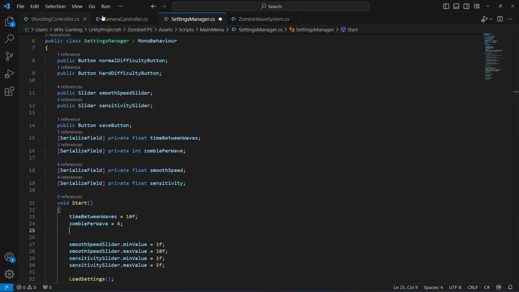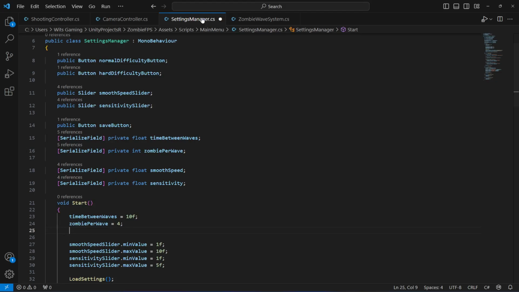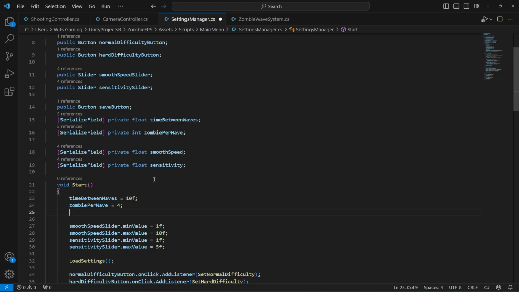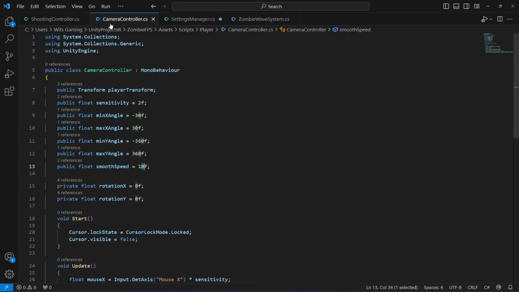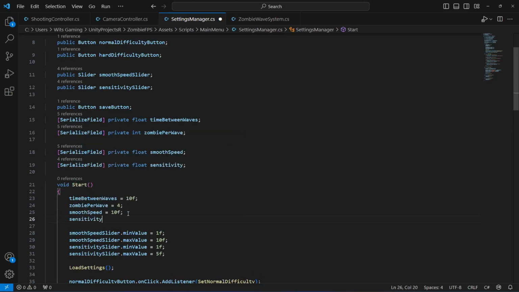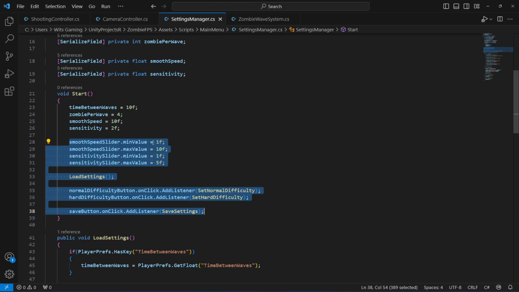And also if we check our camera controller right here, the sensitivity is 2 by default and smooth speed is 10. So what we're gonna do, we will set the smooth speed by default to 10, and the sensitivity by default will be 2. Make sure that you do it